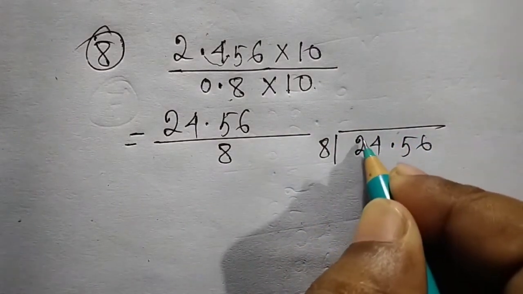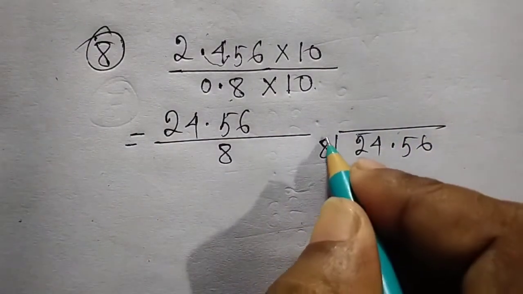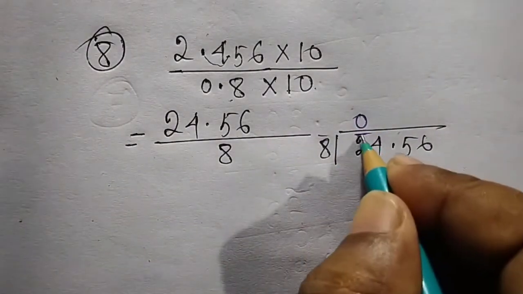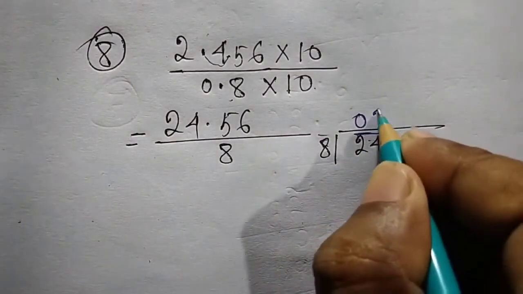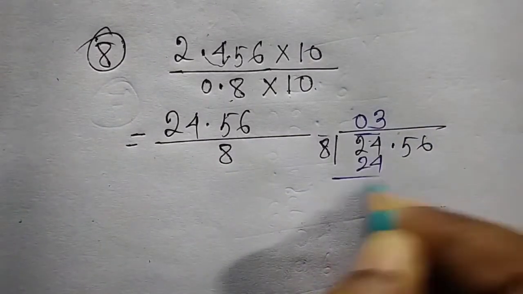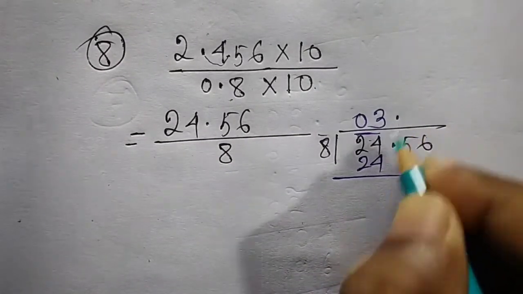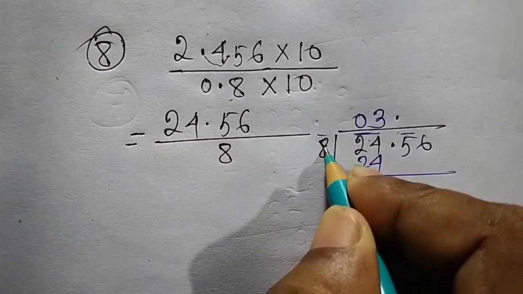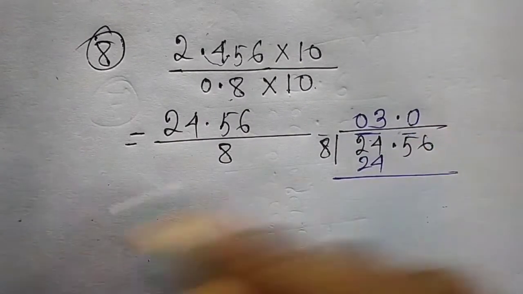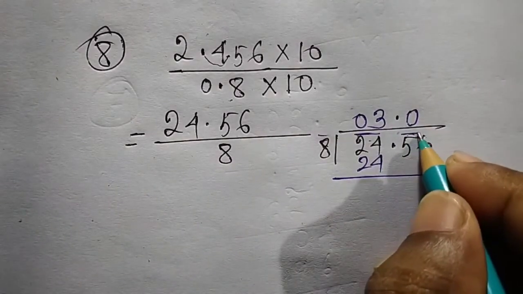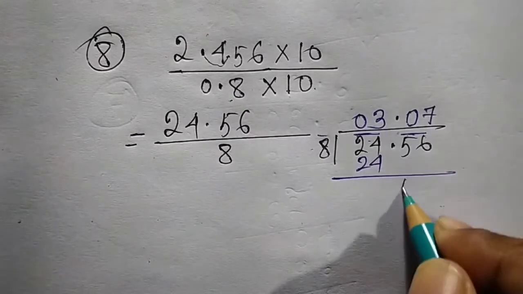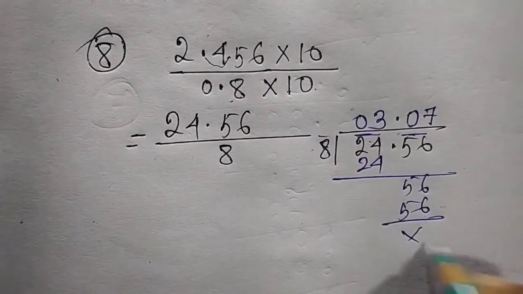Now here is a single digit. If I take it, then it's less than 8, so put only 0 here. Now take a double digit. 8 3s are 24. Now put the point in these places. Now take another digit, 5, and it is less than 8, so we have to put an extra 0 here. Now take the double digit 56. 8 7s are 56. Understood everyone?